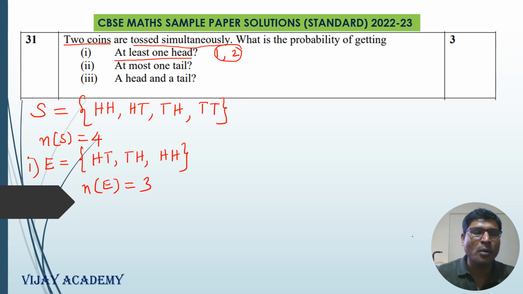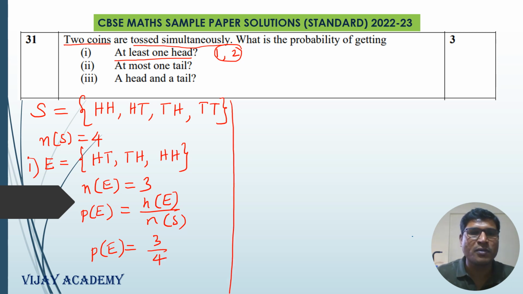So the probability of getting at least one head, P(E), equals n(E) by n(S). So n(E) is 3 and n(S) is 4. So the probability of getting at least one head is 3 by 4. Similarly,